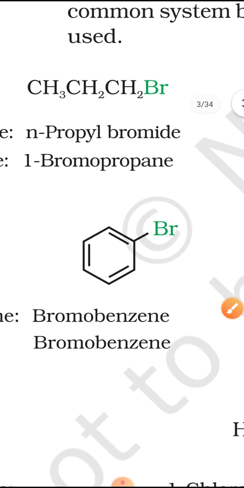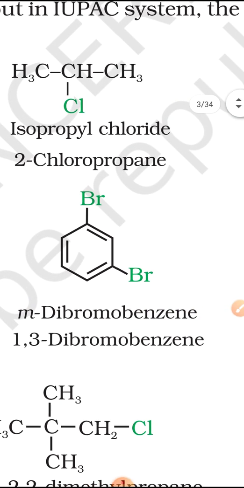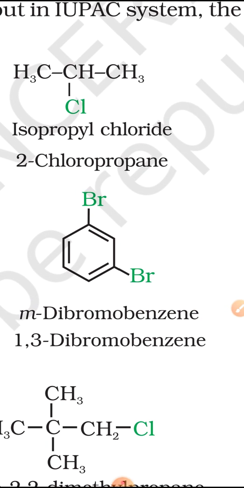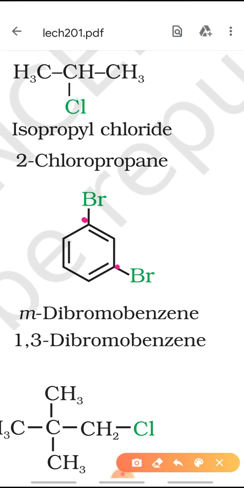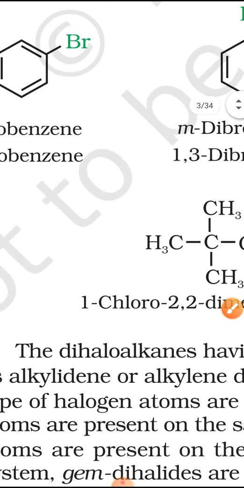Third, this is a haloarene, that is bromobenzene. Bromine attached to benzene is bromobenzene. Now here you can start numbering from any of the carbons which is attached to bromine. It will be 1,3-dibromobenzene. Commonly they are present at meta position with respect to each other, so it will be meta-dibromobenzene. Similarly,